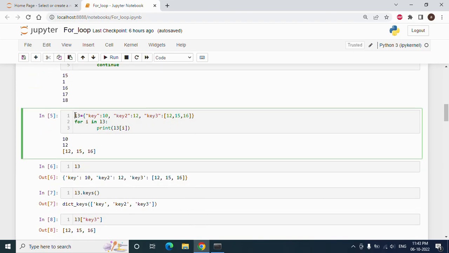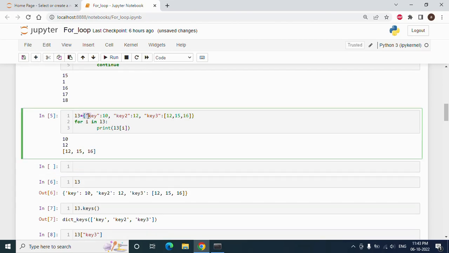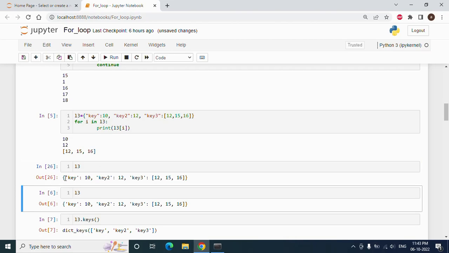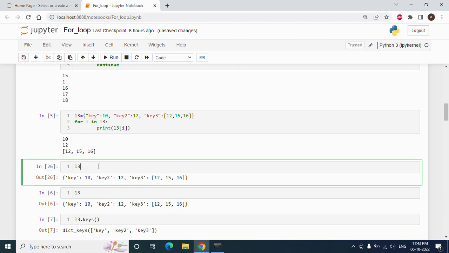Then I have also mentioned it for the dictionary. A dictionary works with key and value, a key-value pair we can say. See, if I call L3, what will happen? It will call the whole dictionary. If I call L of 0, meaning L3 of 0,